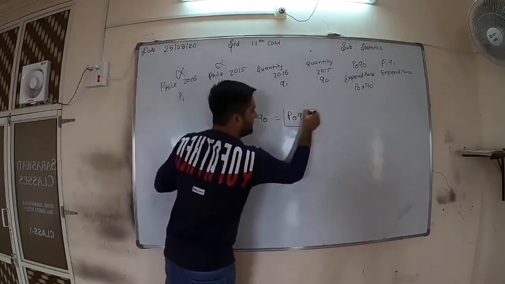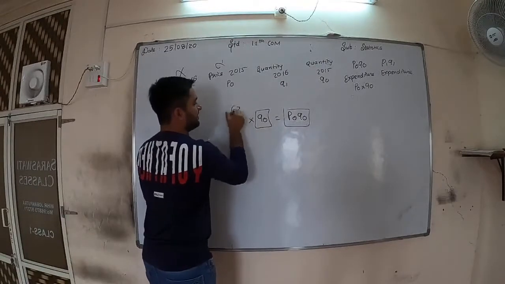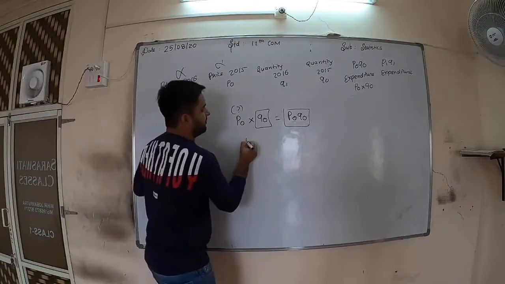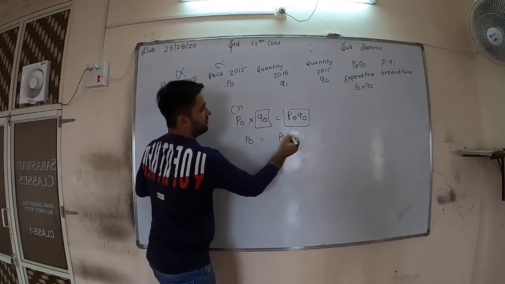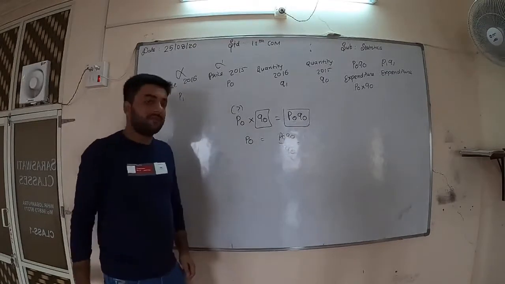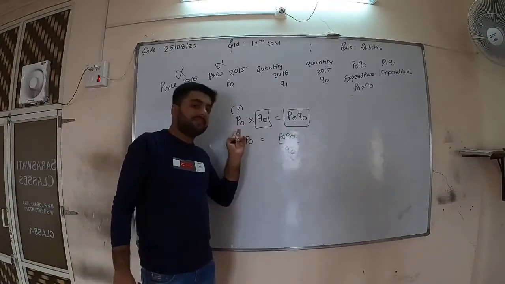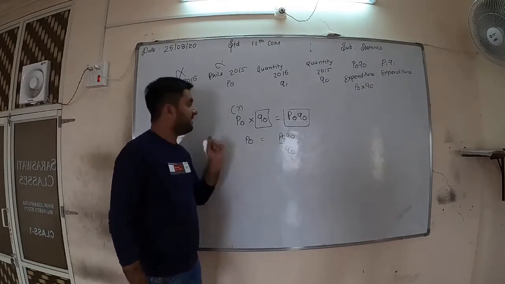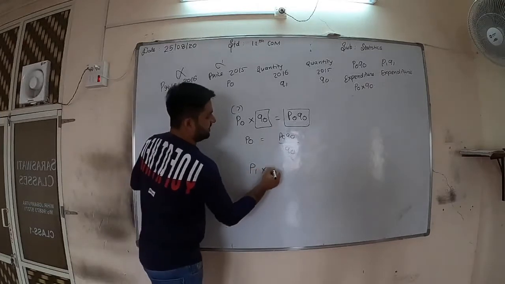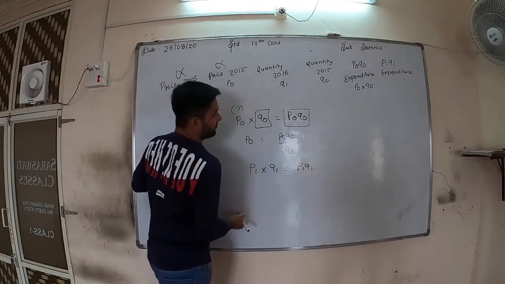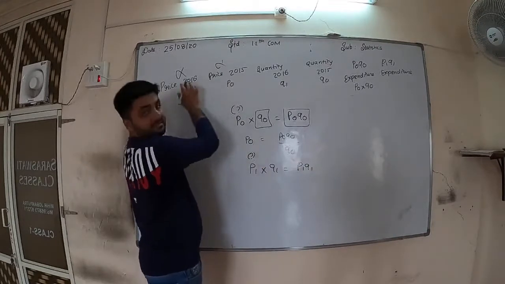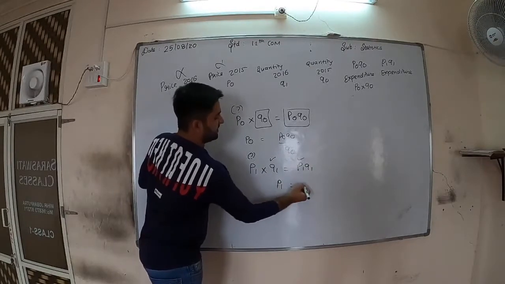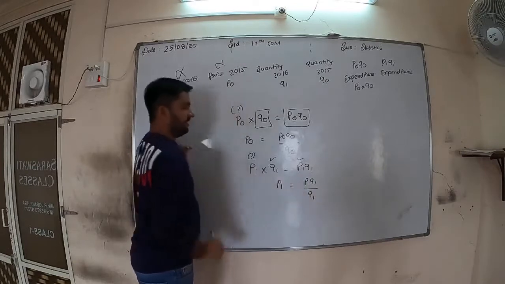Now suppose this thing is given, this thing is given, this thing is not given. Can it be found? Yes, very easy to find. How will we do it? P0 equals P0 Q0 divided by Q0. First we were multiplying. Now one thing is missing, one thing is given, and the multiplication is given, so we are dividing to find this thing. In the same way, P1 into Q1 is equal to P1 Q1. Now suppose again price is missing, and this is given, and this is also given. So P1 is equal to P1 Q1 divided by Q1.